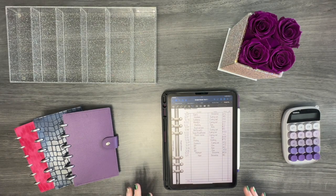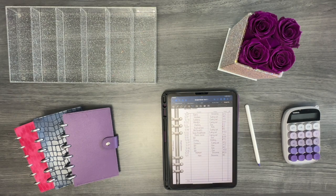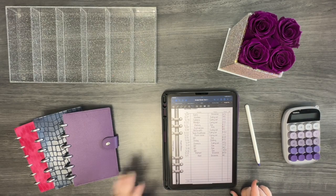So let's go ahead and get this tackled and get the money unstuffed from these envelopes. If I need to pull from other envelopes, I'm going to grab some and we'll pull the cash and it'll all be accounted for. So let's get started. Let's tackle some of these easier categories. I'm going to hop into